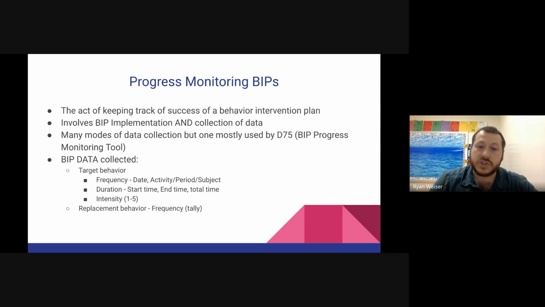It will be shown later and it includes a link. At this point in the school year, you should have all received the BIP as well as data sheets pertaining to taking the data for every student in your class that has a BIP. The BIPs themselves should be on a wall, clearly visible for people to see, so that they can engage with them. If you have substitutes coming in that day, they should be able to take it off the wall, read it, and understand who they're working with that day. It's very important to keep on top of that.